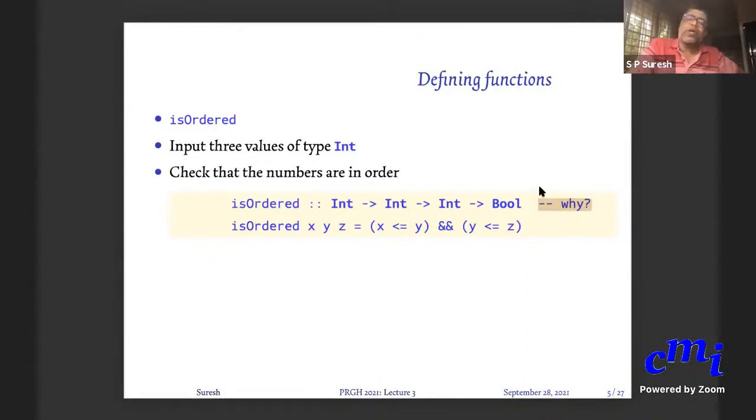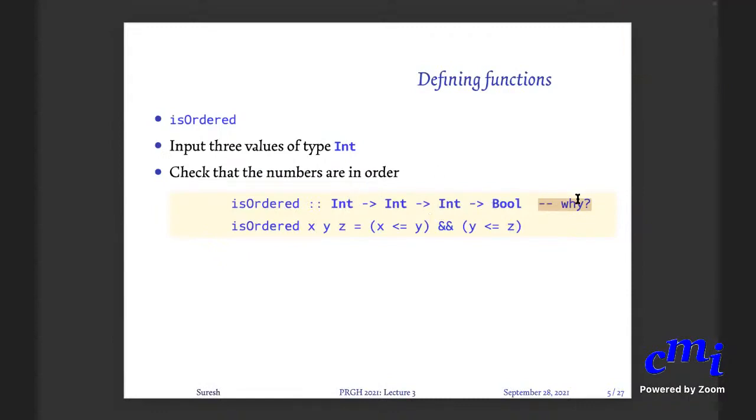Rather than putting Int comma Int, the triple, or Int cross Int arrow Bool, which is what you would do in mathematics. What would you do for a function which takes 2 real numbers as input and 1 real number as output? How will you express that? That is a function from what to what? From R2 to R, or R cross R to R. Yes, R cross R to R. Technically, if we were to follow the same thing, we would have to say Int cross Int arrow Bool, but we are saying Int arrow Bool. This is a very, very nifty thing. We'll see towards the end of the lecture.